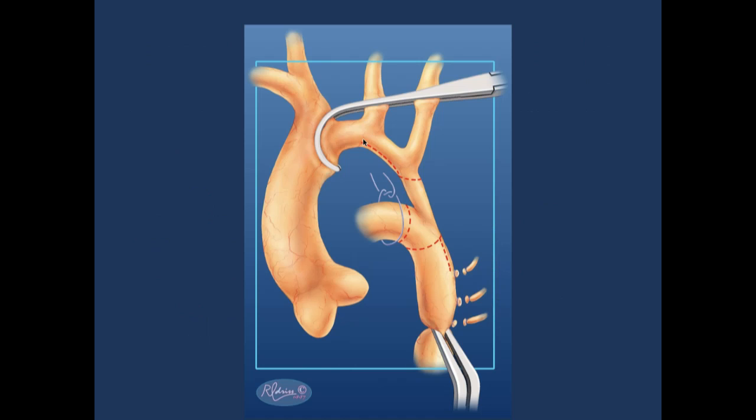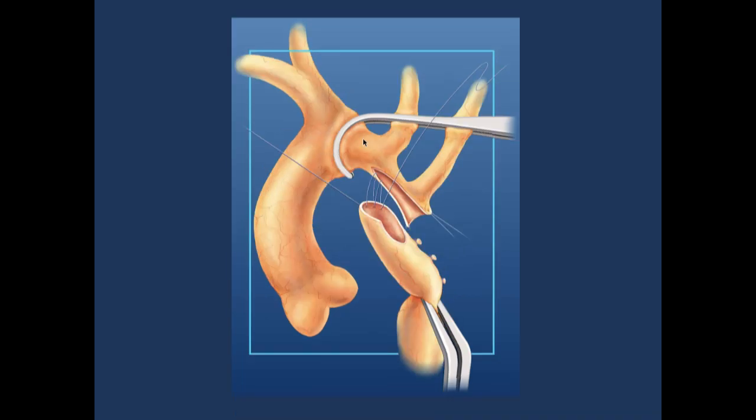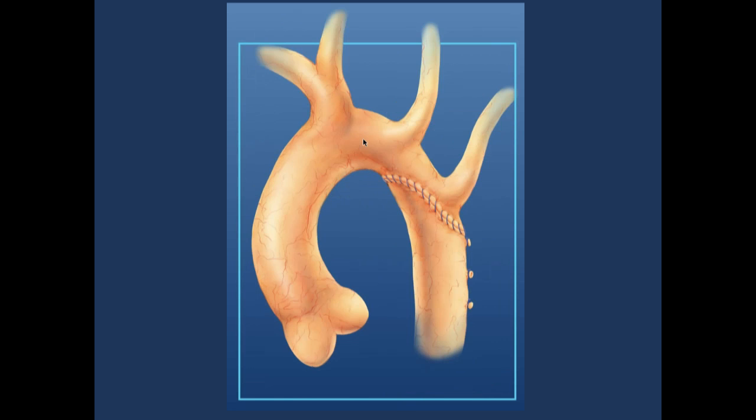This is to give an idea about what coarctation is in the modern day in a child. One performs what's called an extended end-to-end anastomosis. The clamp is placed here. This patient is not on cardiopulmonary bypass. The lines of incision are noted here, and once those things are done and this coarcted segment and the patent ductus arteriosus are removed, it's a matter of putting these two incised, I call them bananas, together to do an extended end-to-end anastomosis. That's what it looks like to start with, and that's what it looks like most of the time when we finish. I say most of the time because there is an incidence of recurrent coarctation,